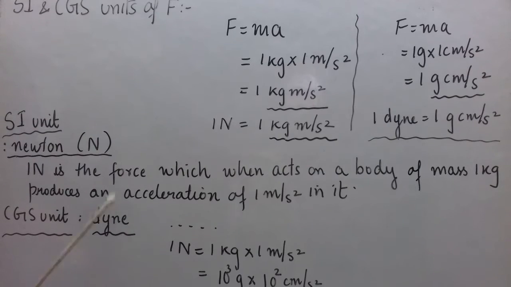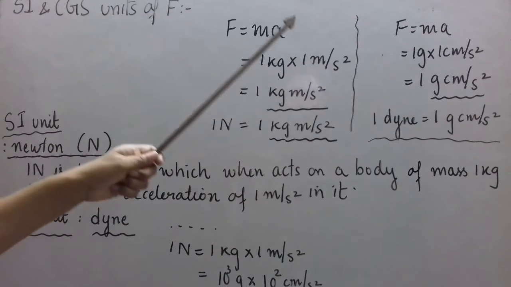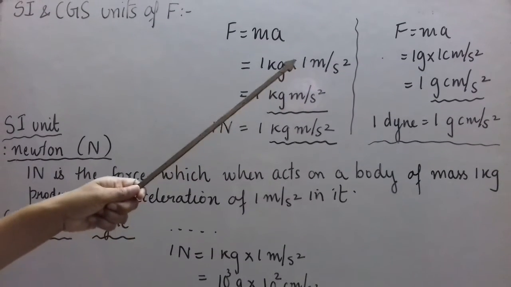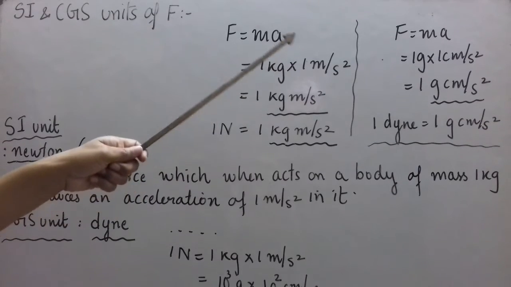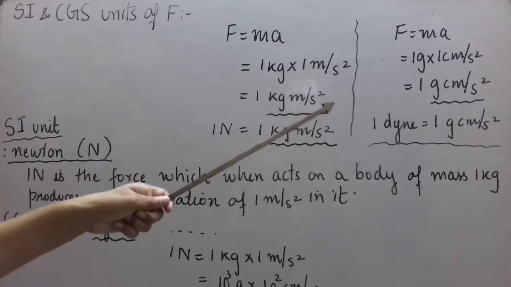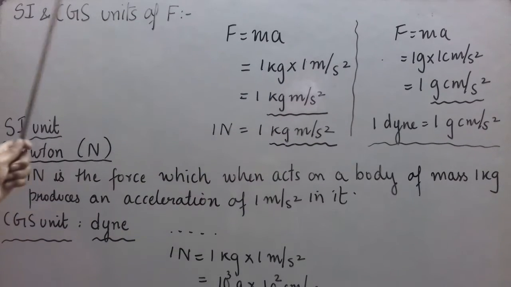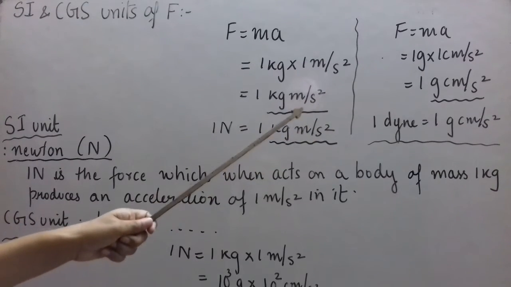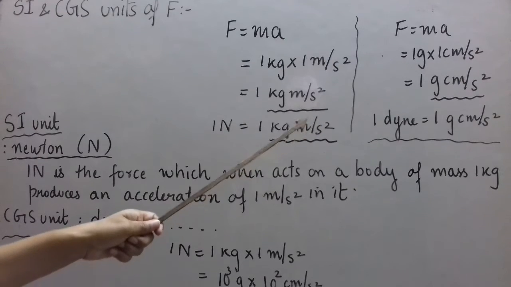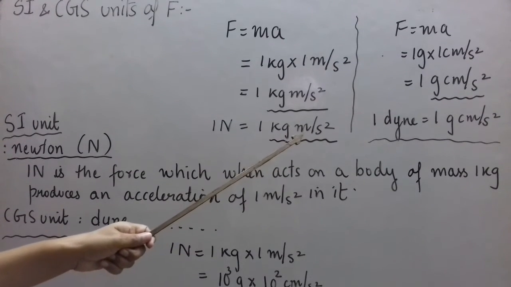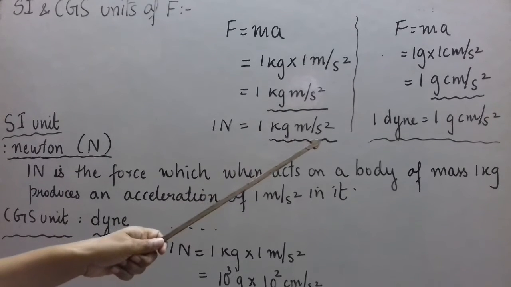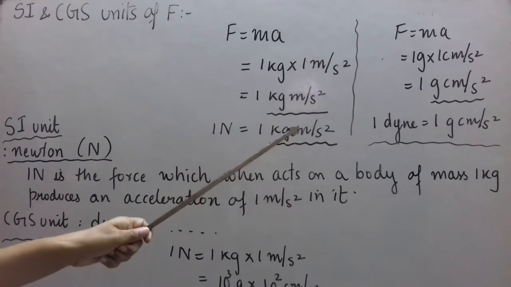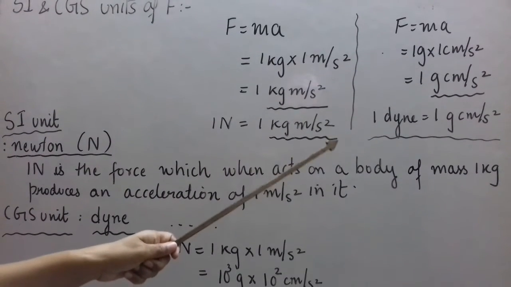Similarly, students, when you want to get the CGS unit, then you will again use the same equation, but on the right hand side you will take the CGS units of the physical quantities. So the CGS unit of mass is gram, and of acceleration is centimeter per second square. So we can write that the CGS unit of force is gram centimeter per second square. But again, this is given a special name, dyne, D-Y-N-E. Here there is no specific symbol for it, so you have to write the complete spelling only. Dyne is the CGS unit of force, and it is also equal to gram centimeter per second square.